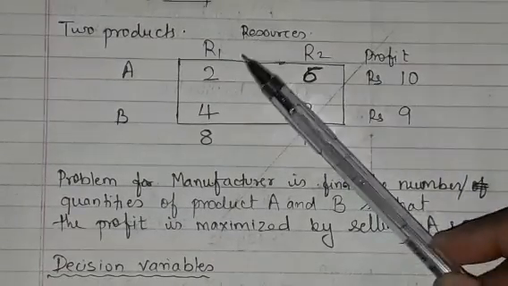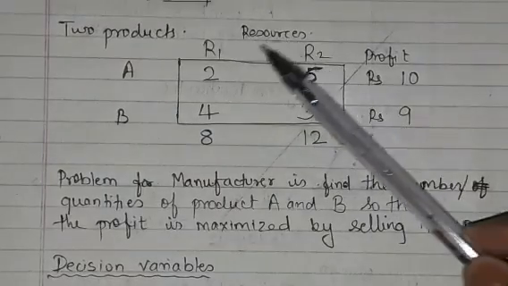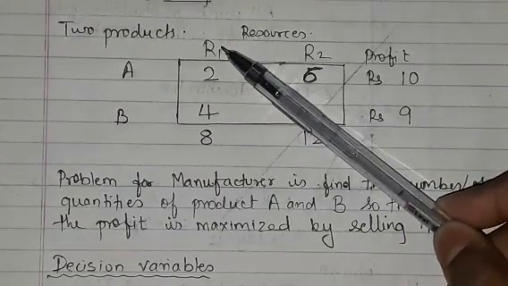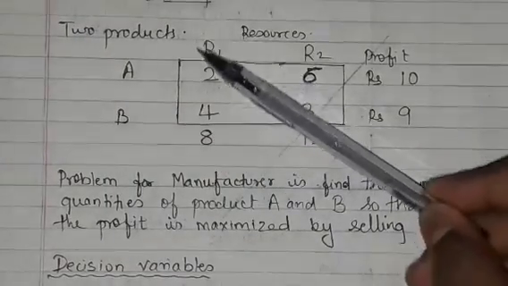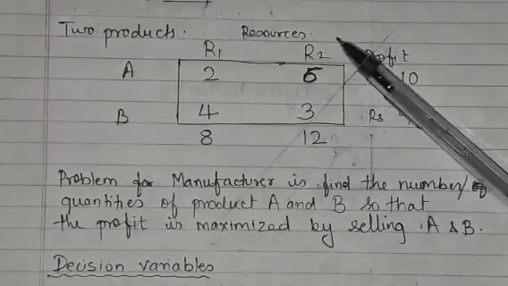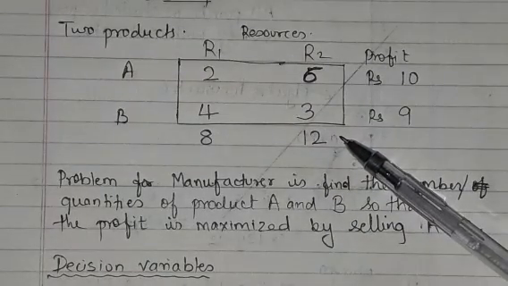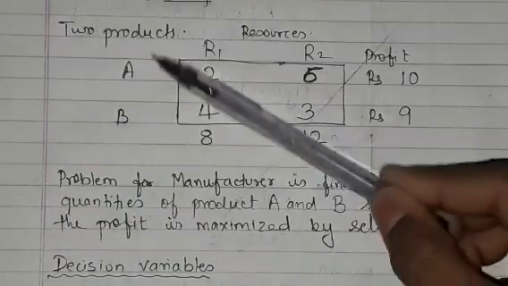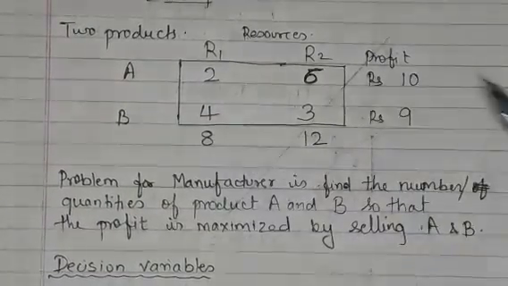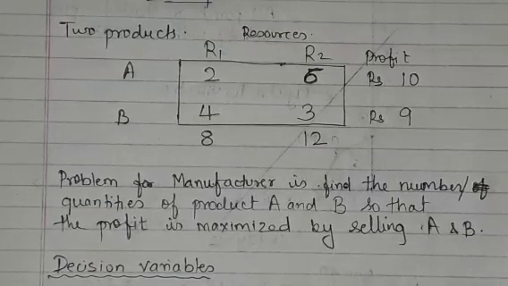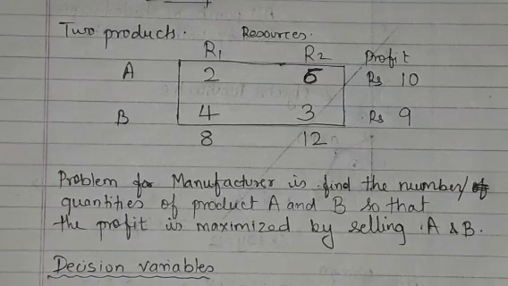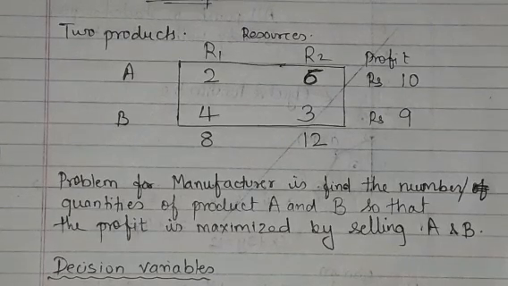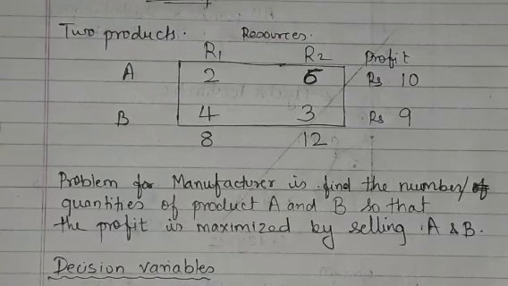And the constraint which I have talked with you: the limited amount of resources available with me is raw material R1 in 8 numbers and R2 in 12 numbers. So my objective is to find what amount of product A and product B I should make so that my overall profit is maximized, right? I hope this is pretty easy to understand as of now. We'll later on see a bit more difficult problem also.